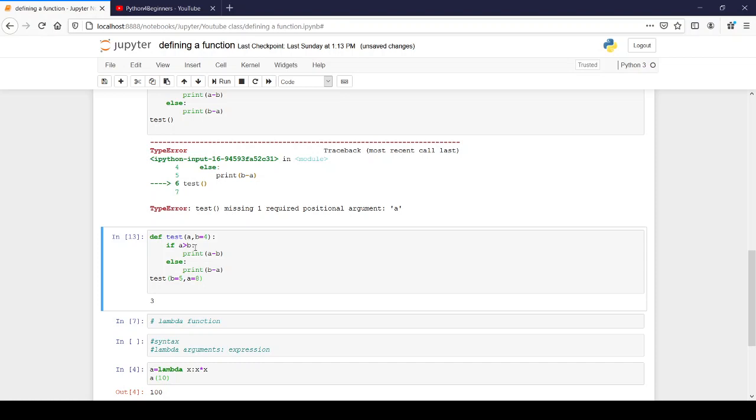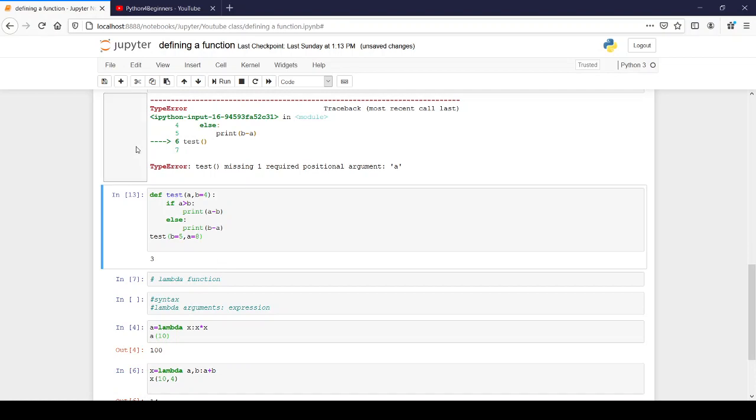Suppose def test(a, b=4), and while calling the function I write b equal to 5 and a equal to 8. Even though by default we gave the value b equal to 4, while calling we give b equal to 5, so it will take the value b equal to 5. So is a greater than b?